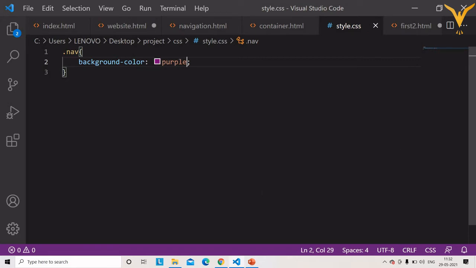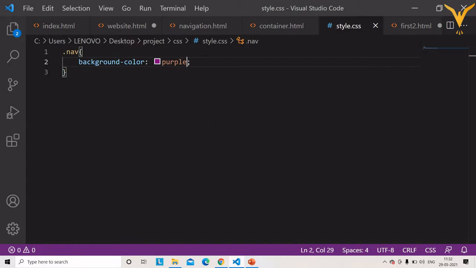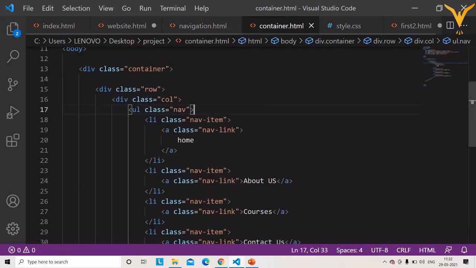First we'll see the output for this. Save it and execute. As you can see, the navigation bar appears. Now I want this navigation bar to cover the full width. So what I will do is, instead of container, I will use container-fluid here.